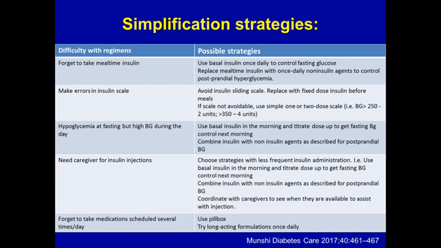Are there hypoglycemic episodes, especially fasting in the morning? In this case, should we titrate down the long-acting insulin? And for postprandial hyperglycemia, can we use a non-insulin agent? If it is needed also for a caregiver to administer insulin, we should coordinate with the caregiver the time that they're able to assist the subject with dosing, and sometimes also just dexterity can be a challenge.